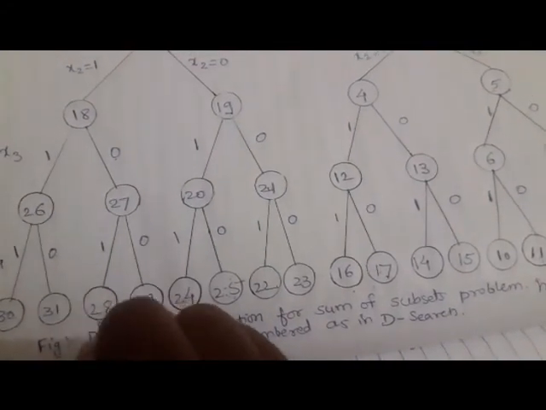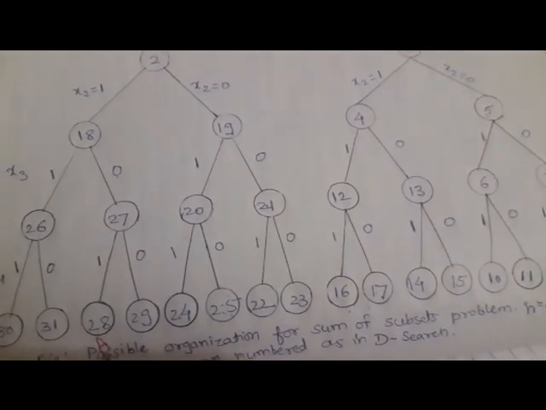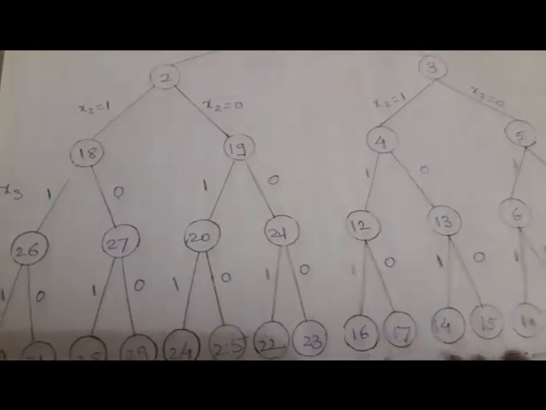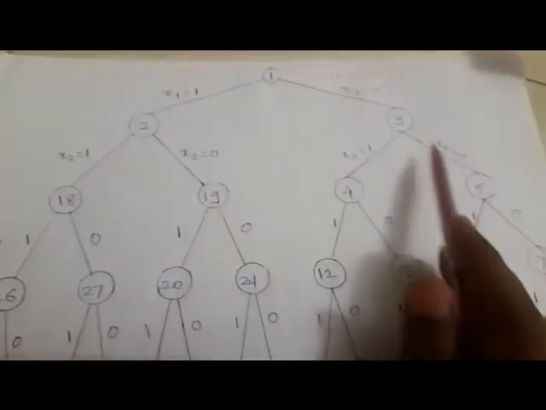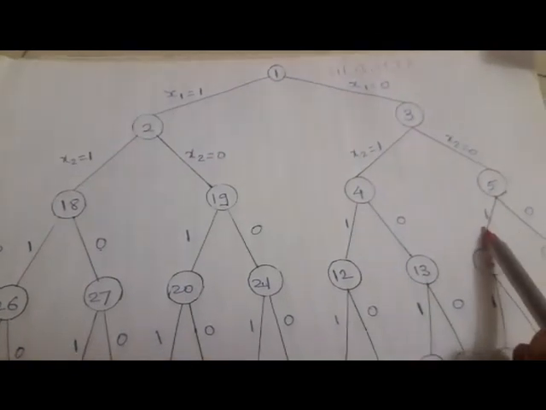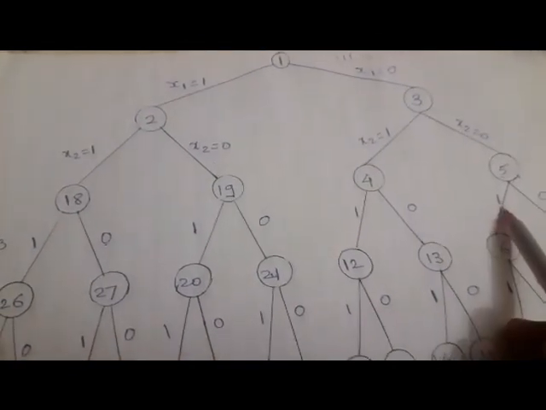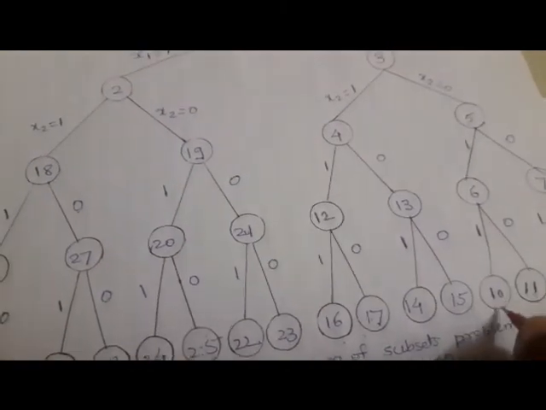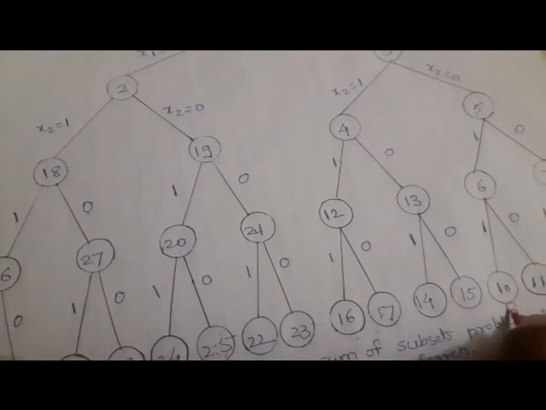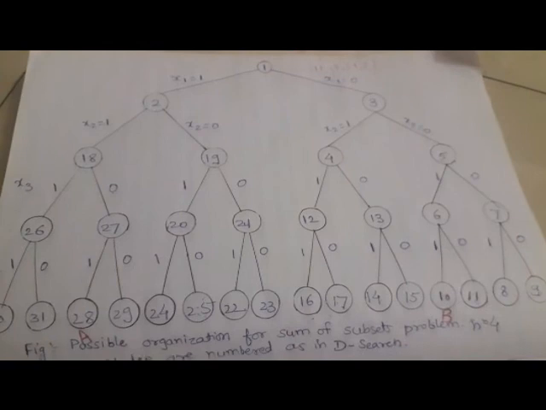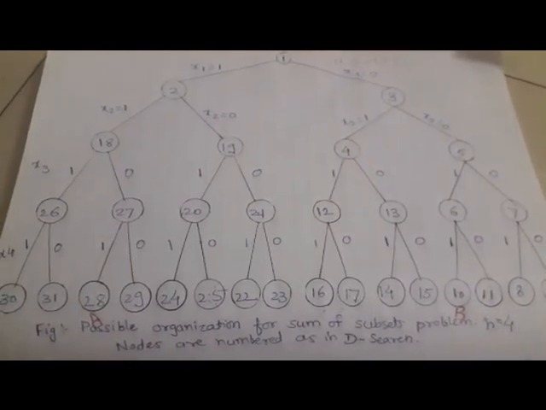So here we write our first solution. Now in this way we can find out our next solution, and according to this we got our next solution where we have not included x1 and x2, but we have included x3 and x4. So x3 is 24 and x4 is 7. 24 plus 7, it is 31. So this will be our second solution. So now in this way we can find out our two solutions for sum of subsets.